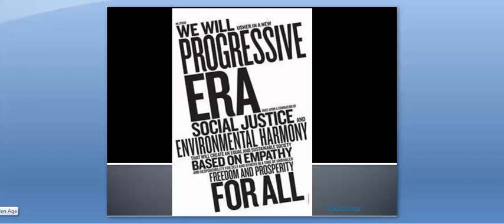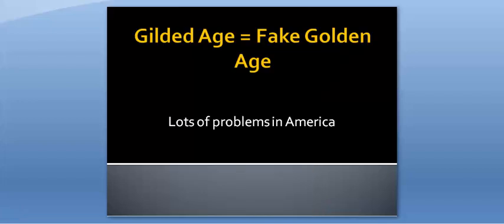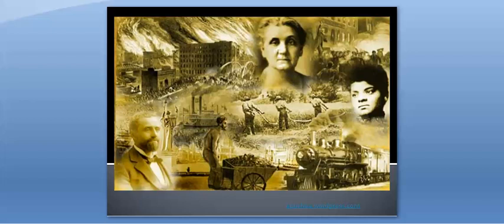Now you may be wondering, why were there all these problems? That's an excellent question. Let me tell you about that. The time period before the Progressive Era was known as the Gilded Age. Gilded means something looks gold, but it really isn't. Basically, it looks good from the outside, but on the inside, it's rotten or bad. That really explains the earlier time period before the Progressive Era. America looked wealthy and successful, but in reality, many Americans were poor and mistreated.